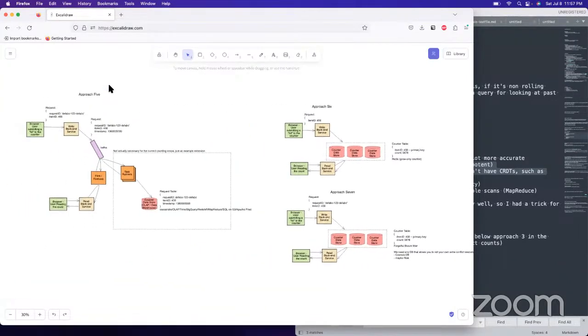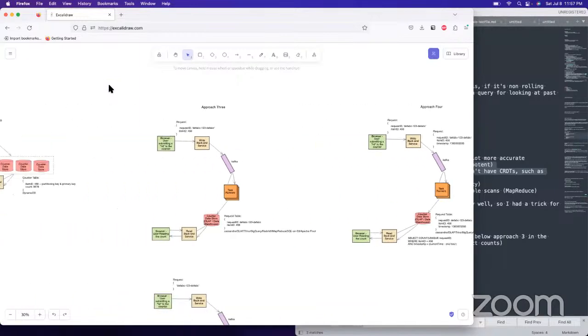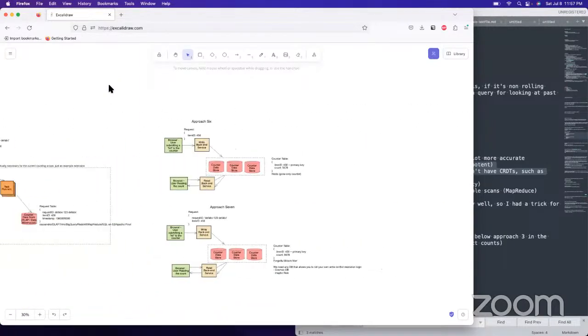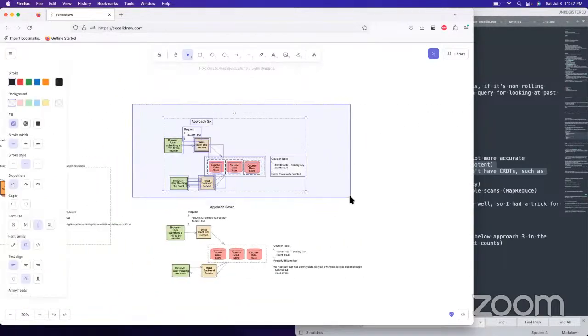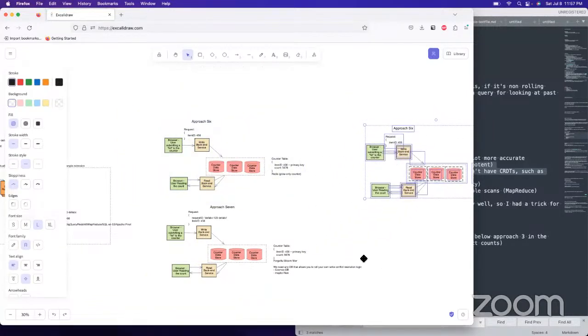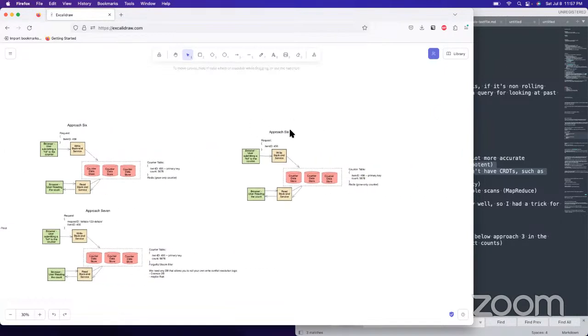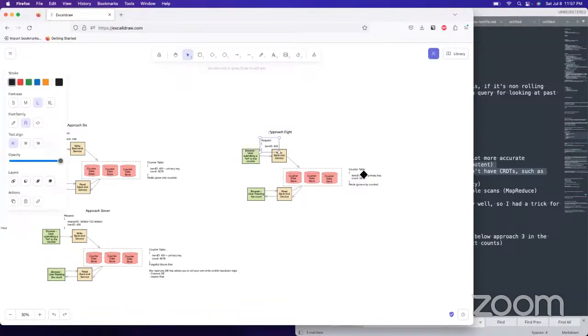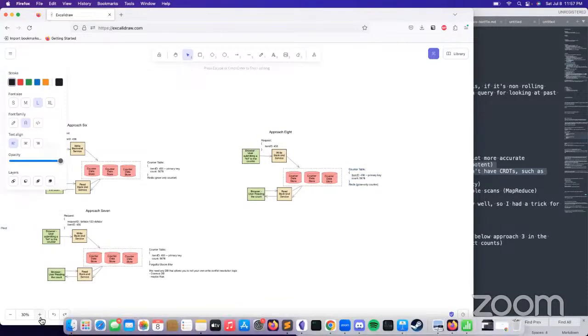So let's show that. I think I can just reuse this diagram. So we've got approach 8. We have a request coming in. I've got to zoom in, sorry.